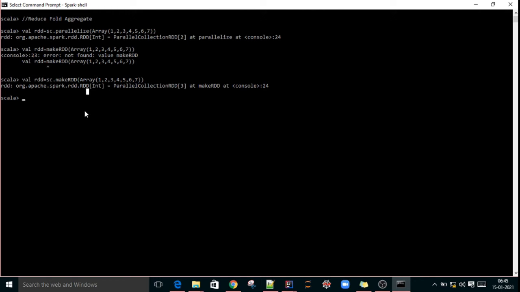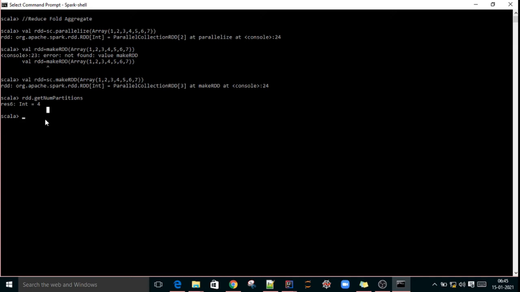To see how many partitions that RDD got divided into, we can check getNumPartitions. So rdd.getNumPartitions. This RDD is divided into 4 partitions. So which element went to which partition? Which element is available in which partition?